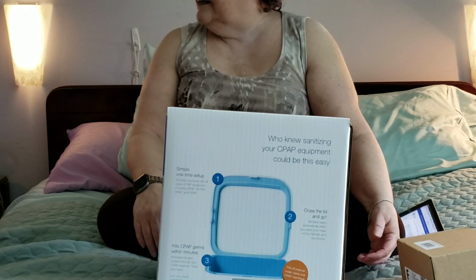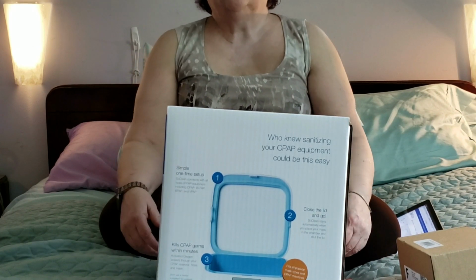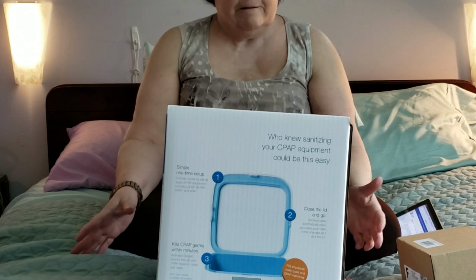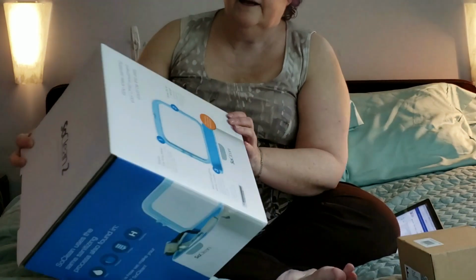Camera keeps sliding down, so you can't really see my face. I've gone up 15 times already to adjust it, so I just think we're going to leave it as is. What I wanted to do was an unboxing of my